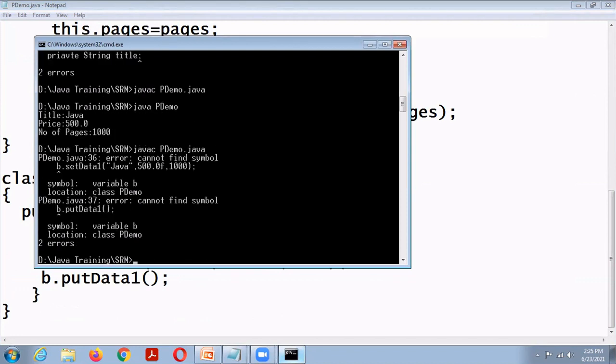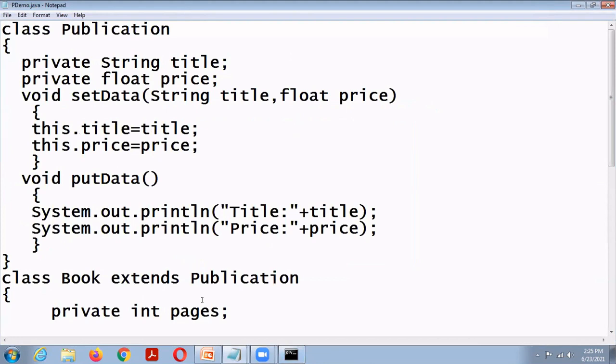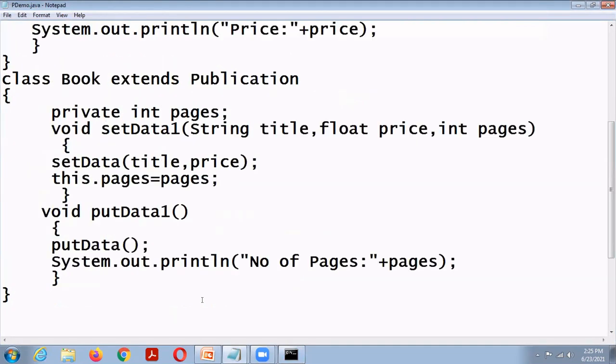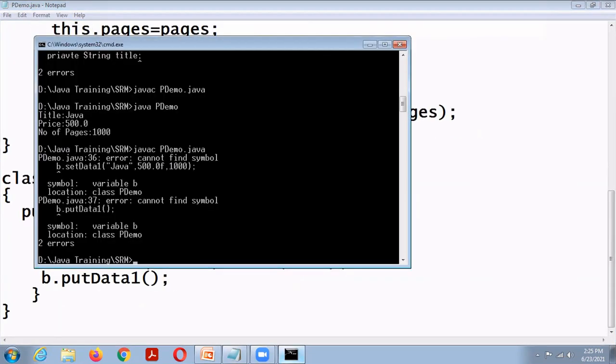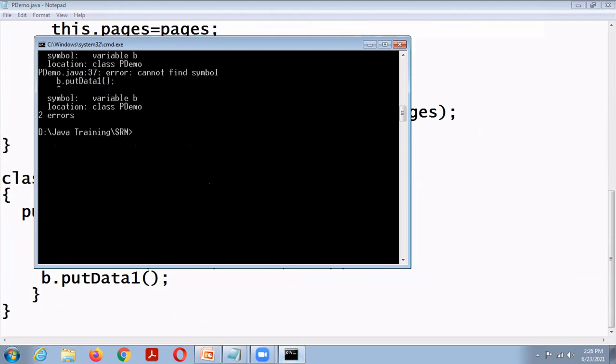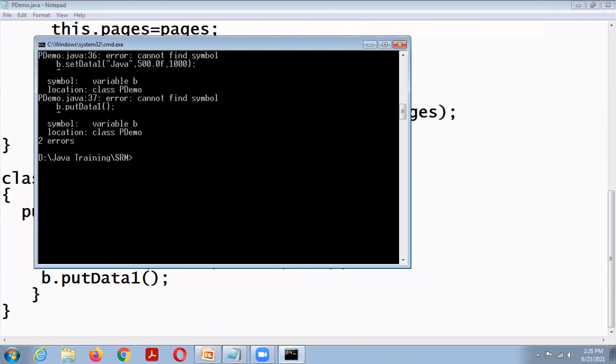Here the error is: cannot find symbol, method setData1.